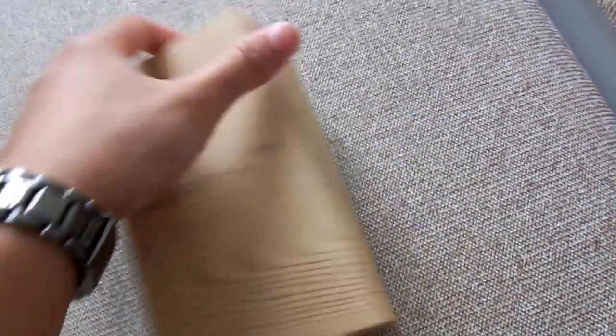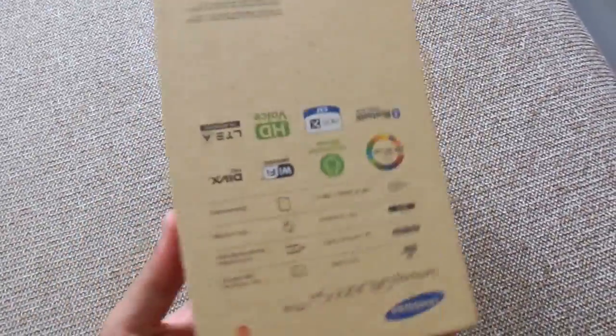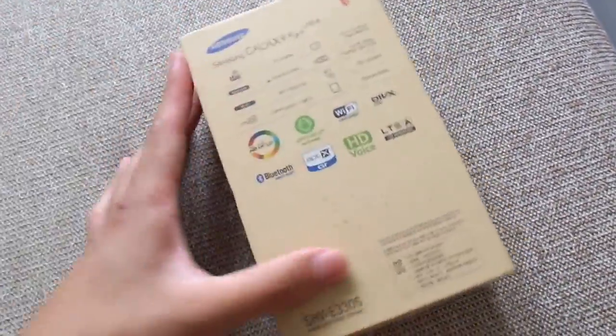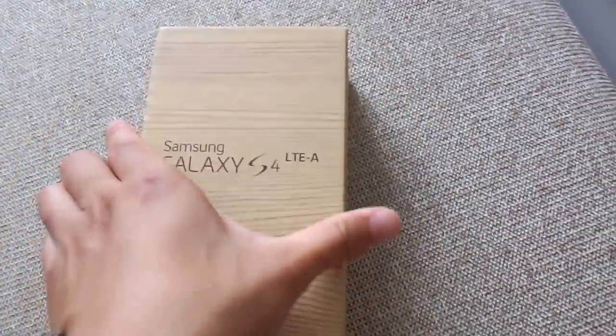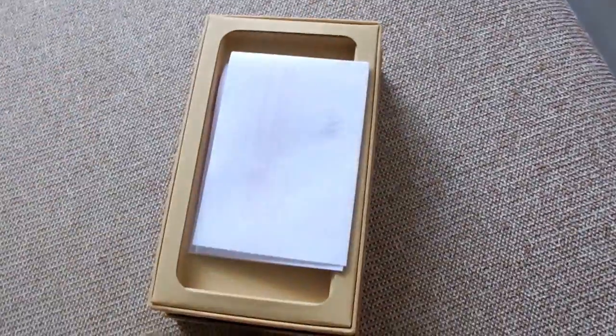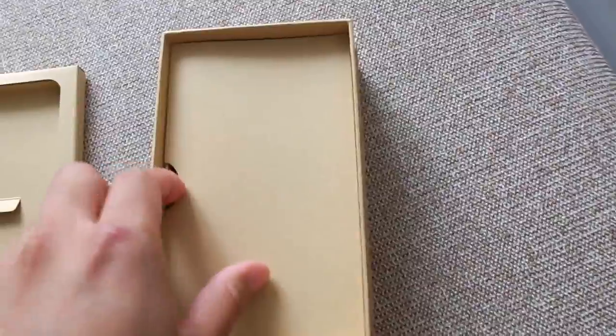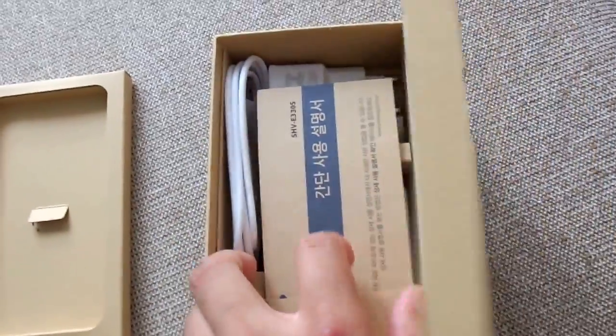So as you see, this is the box. It's just like the other ones, the international versions. Okay, I'm holding the camera with one hand, so I'm having some problems holding it. This receipt and